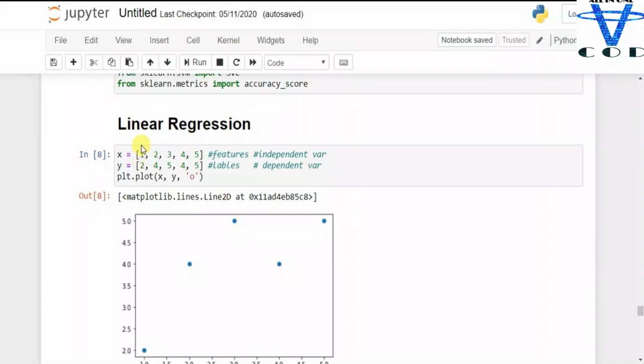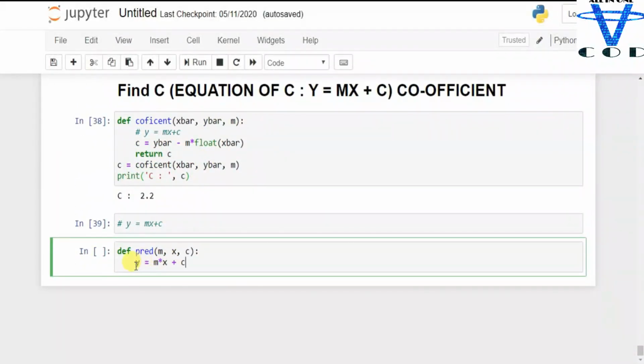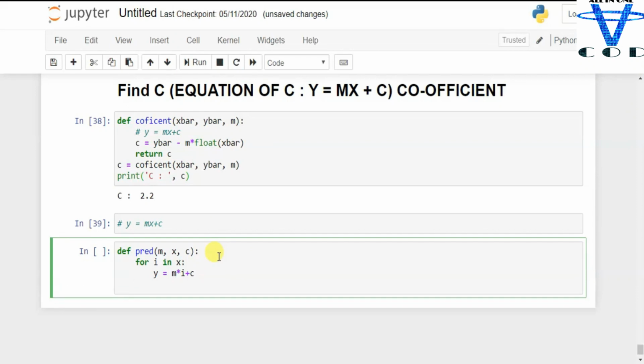So let's say for i in x, y equal to m into i plus c. This is our equation. Then we are going to return y.